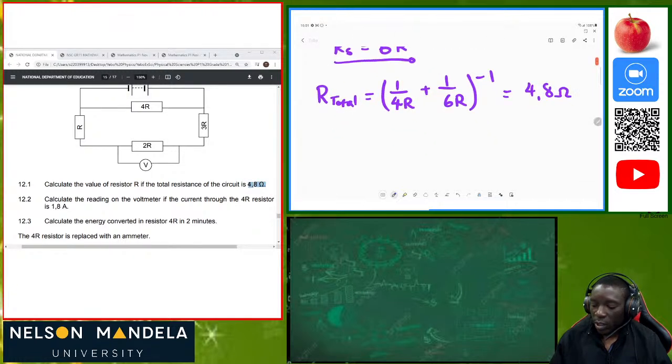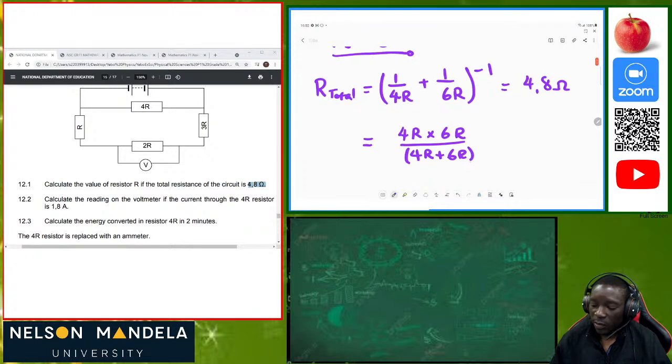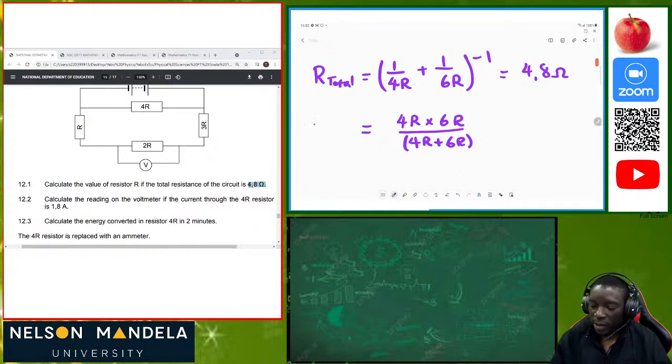So for some of you, you know that if you just have two resistors in parallel, all you can do is just to say product over sum, which is to say 4R times 6R over 4R plus 6R. So this is the same as simplifying the fractions, 1 over 4R plus 1 over 6R, and inverting them. So you can use both methods and we can try them and see if they give us the same answer. So R total